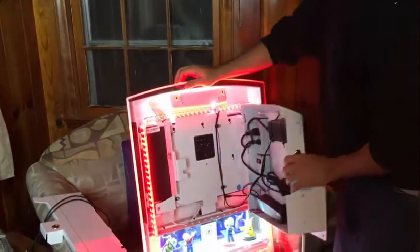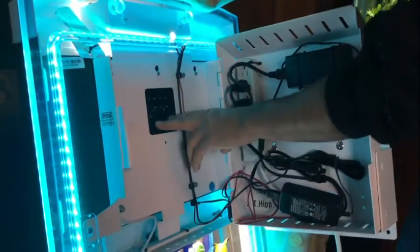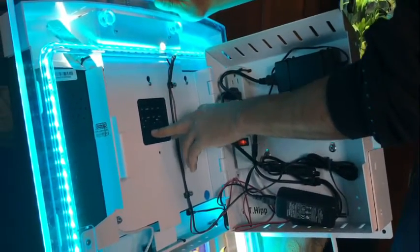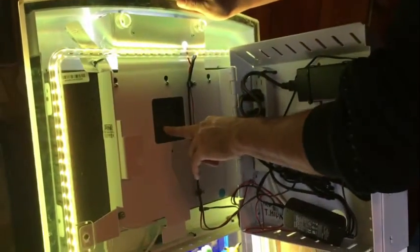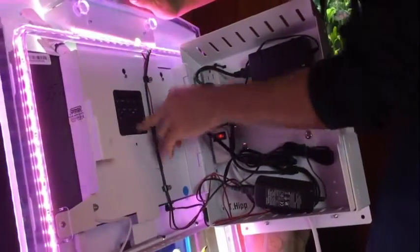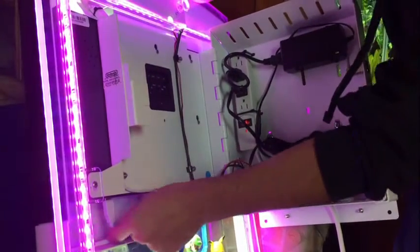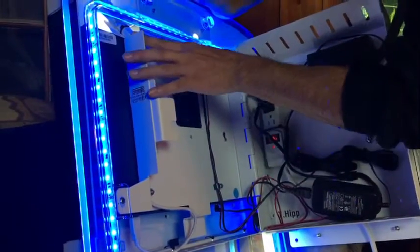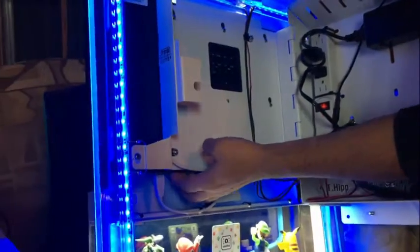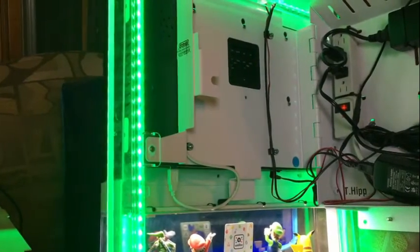voila. So on the back, you have access to the buttons, which control the volume and stuff. Unfortunately, they don't actually work, and we're not sure why, but it has some USB ports down here. As you can see, there's a USB plugged in, and that is to a wireless adapter. And then there's also a mini USB, which I plugged into my computer, and my computer picked it up as